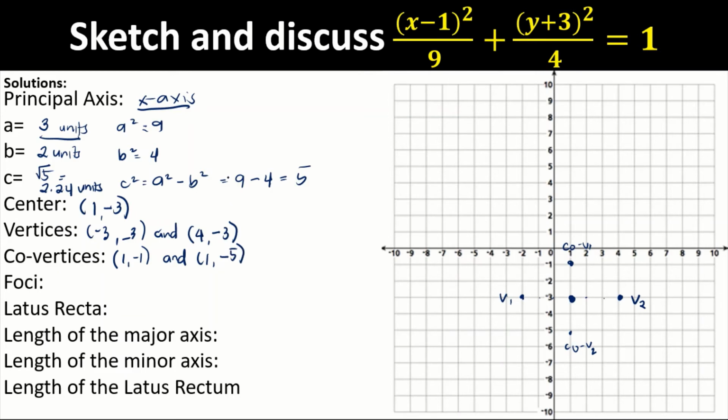Next, for our foci, ang foci natin is we are going to count 2.24 units kahilera ng A. So, 1, 2, and 0.24 units. And then, ganun din sa kabila, 1, 2, and 0.24 units. So, this is the F sub 1 and F sub 2. So, anong coordinates ng foci natin? Ang coordinates ng foci natin, that is negative 1.24, comma, negative 3, and yung isa is negative 3,